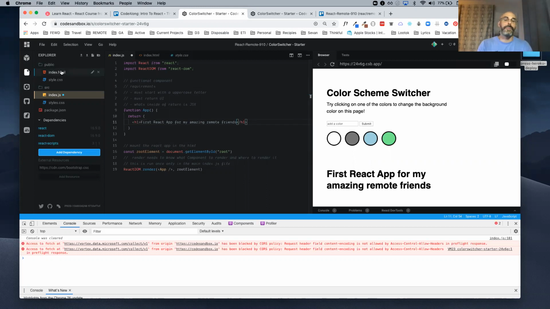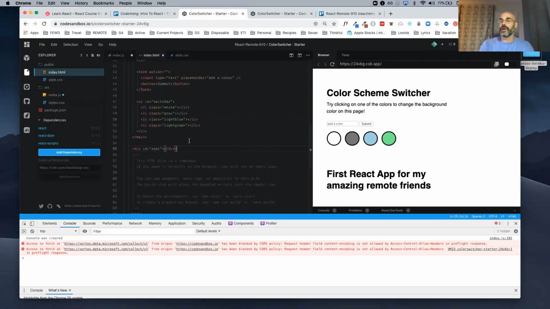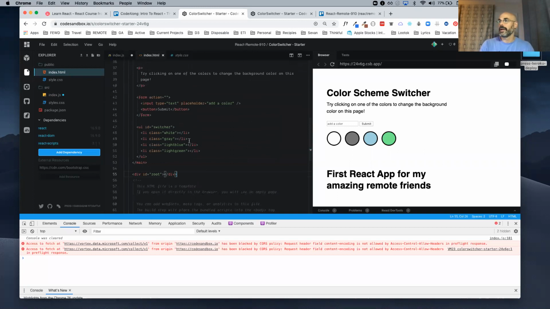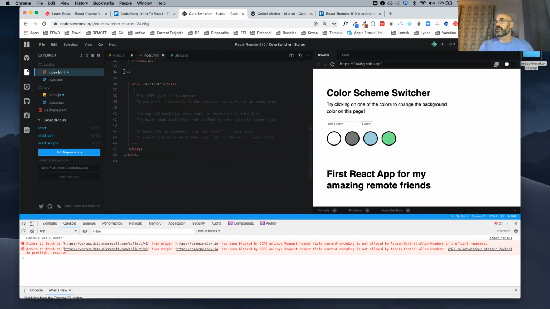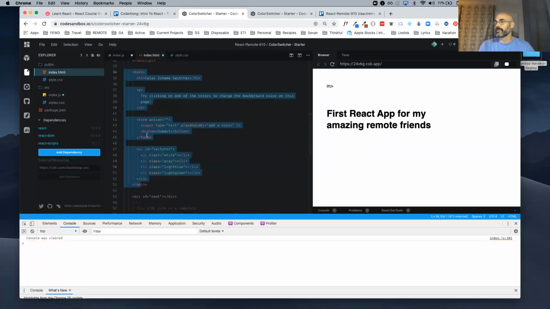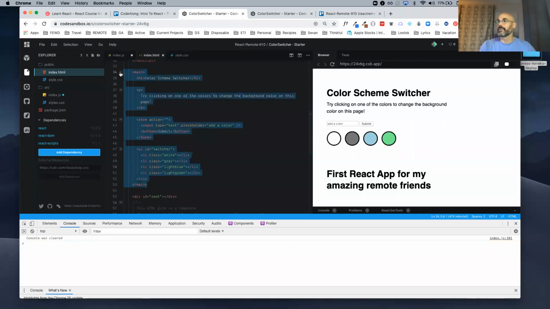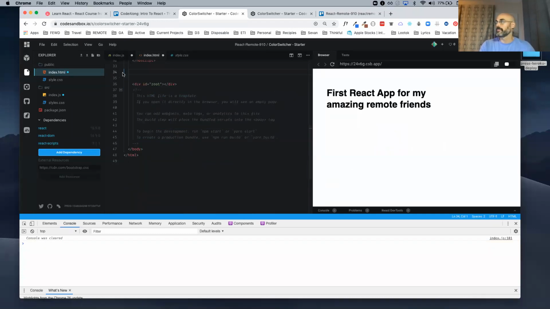If I went back to index, I have all my code from line 34 to line 53, that's all that stuff right here, right? So if I was to cut this, I cut it right out of here. I'm just going to take it. It's gone. Oh, I think I missed this ending main. I cut this, it disappears, right? Because it's no longer in the HTML.